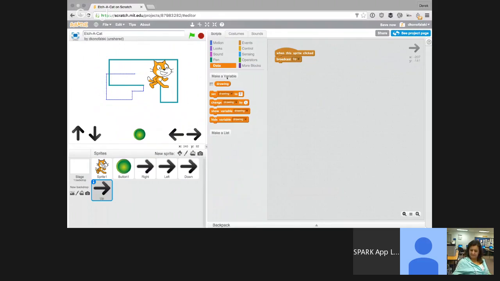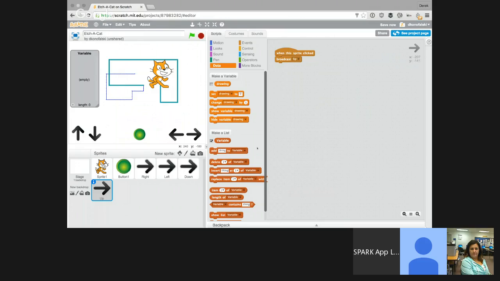Our data blocks, we've used variables quite a bit, so I'm not going to touch on those again. But there is a second variable type, and that's a list, or what's called an enumerated list. It works exactly the same way as our regular variables, except that you can add multiple items to it. So you'll notice here on the left-hand side of the screen, I have the name of my variable, which I called variable, and then it says length 0 and empty. I can add